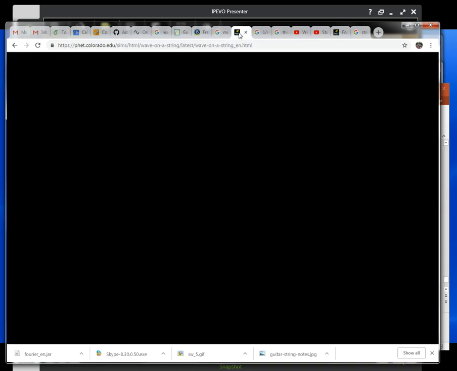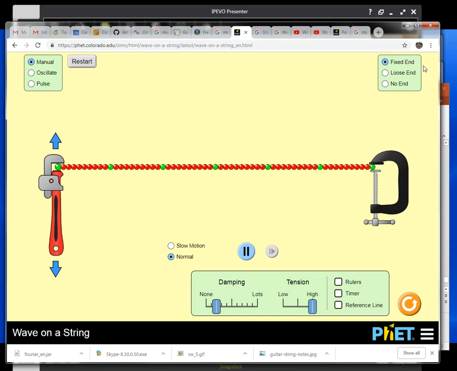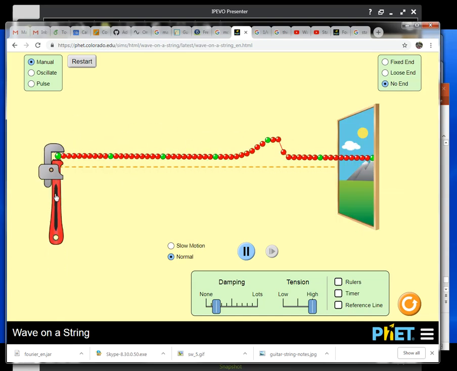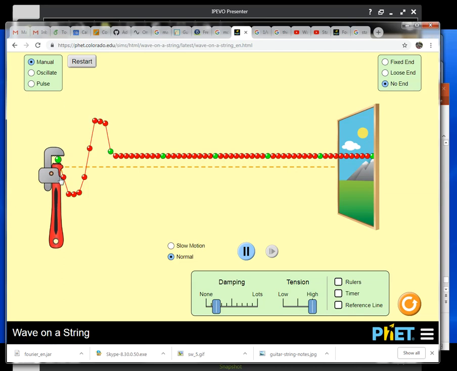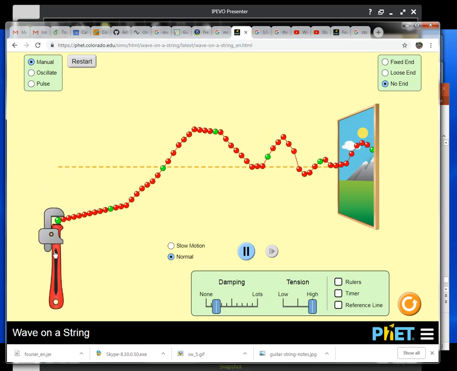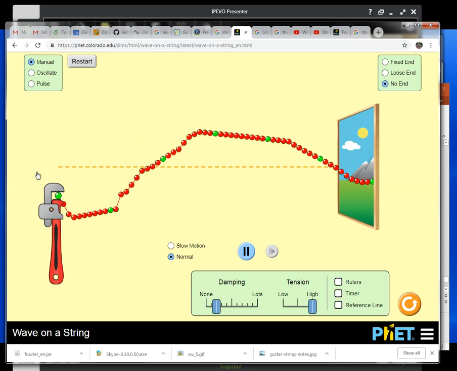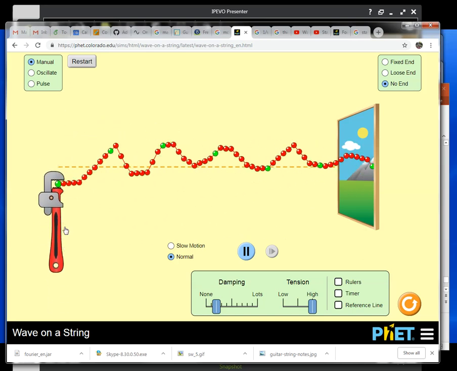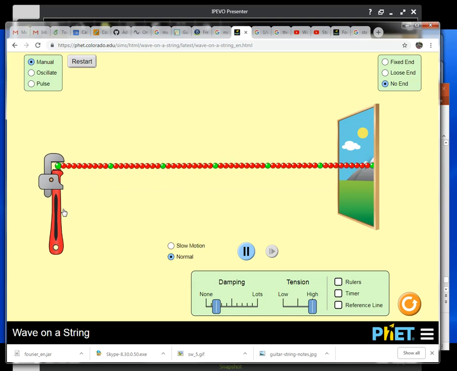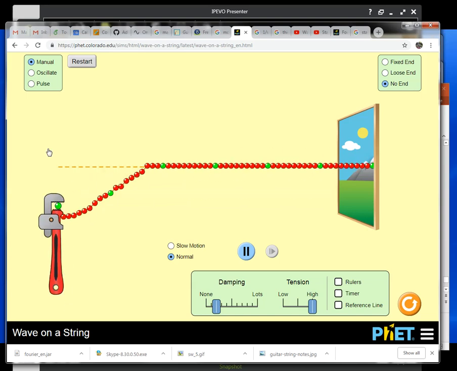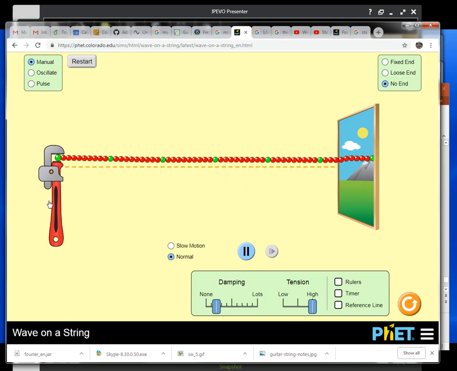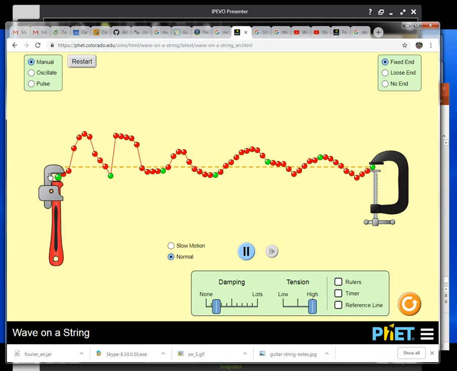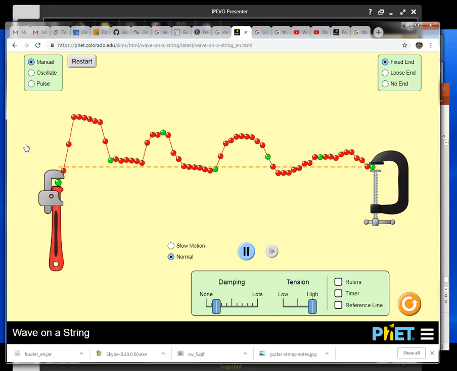I'm going to bring up one of the simulations that we've done before, and I'm going to do no end. And remember, if we were moving and watching the speed of the wave, the speed of the wave has nothing to do with whether it's a low frequency wave or a high frequency wave. It's still the same speed no matter what. That's one thing you know. But the other thing that's interesting is that the speed of this wave is not necessarily the speed of sound. So in the case where I have a fixed end, and I'm doing some kind of oscillations here, and making some